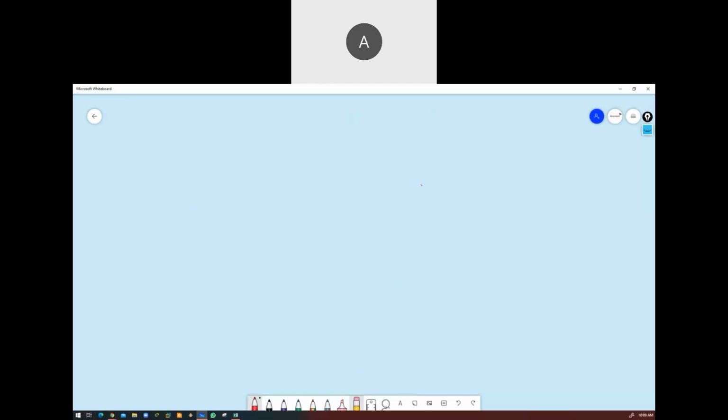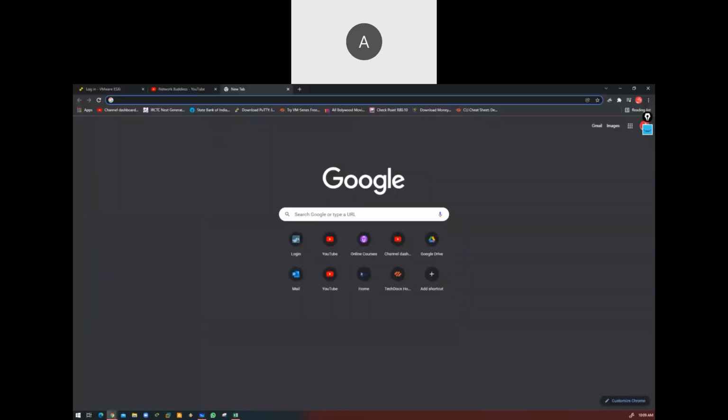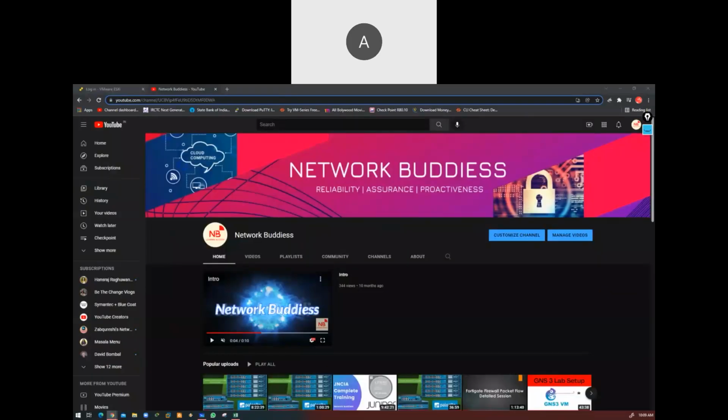Now, before we set up the Splunk tool, let me tell you some points, like what is the minimum requirement to set up this tool. We'll be talking about the minimum system requirement first.